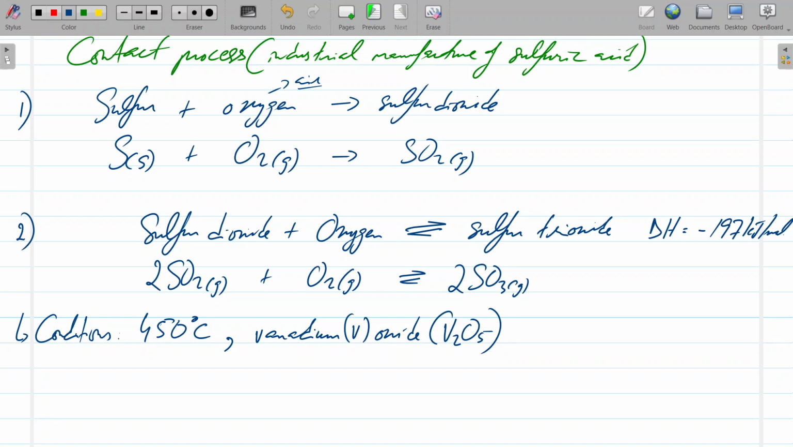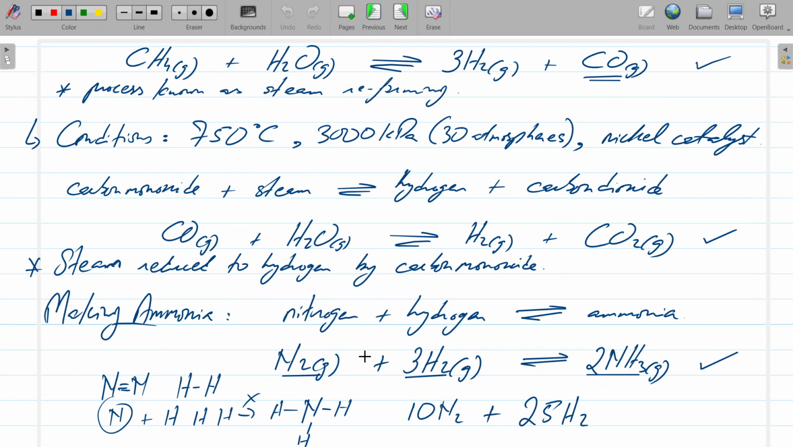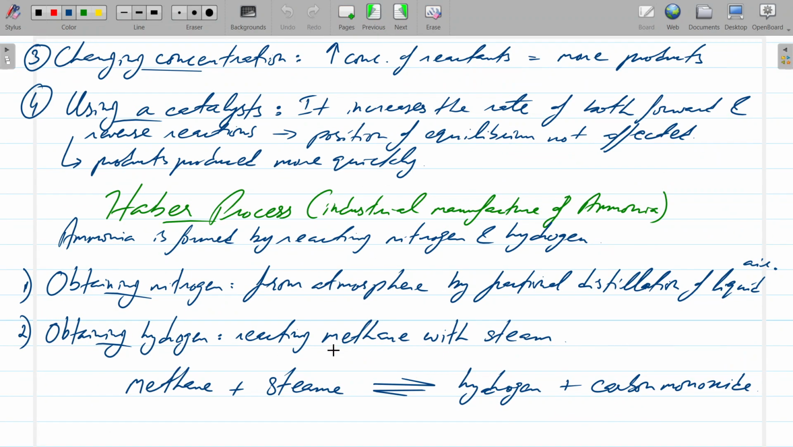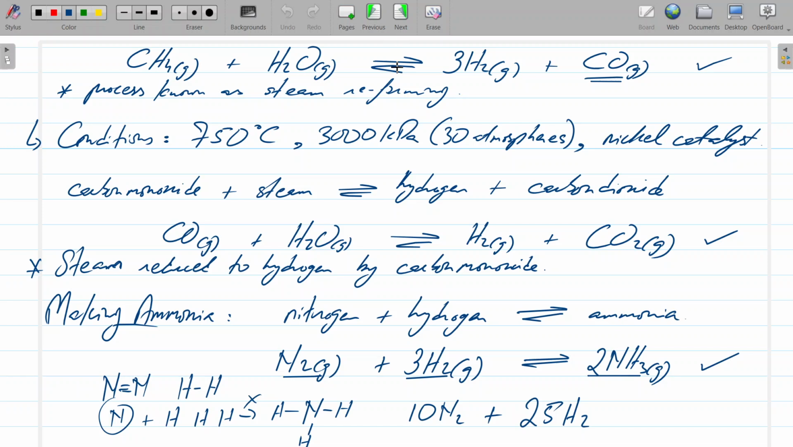Now, when you talked about pressures earlier, see what's happening. When you keep the pressure high, the side with the lesser number of molecules is favored. We talked about equilibrium. So look at this reaction. You've got 4 molecules over here and 2 molecules over here. So when you've got high pressures, or in this case, the condition was that you have